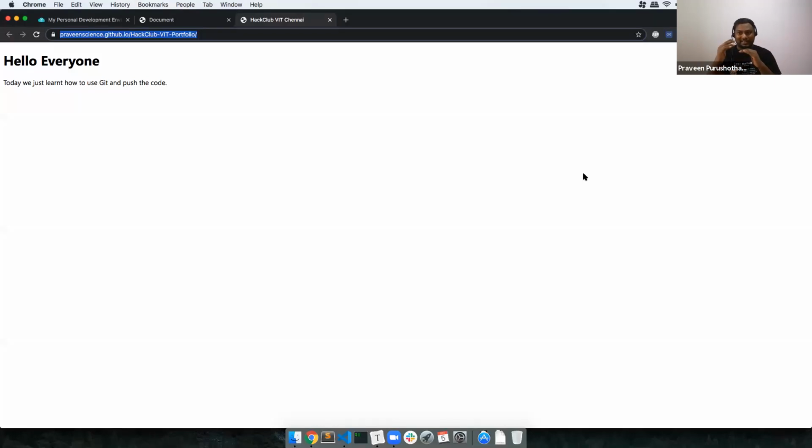This is a simple thing. So today we learned the bits and pieces of how to push the Git repository, and then we also learned how to host static pages using GitHub. So that's exactly what we just did. Okay. So tomorrow I would want to take something on CSS and other things.